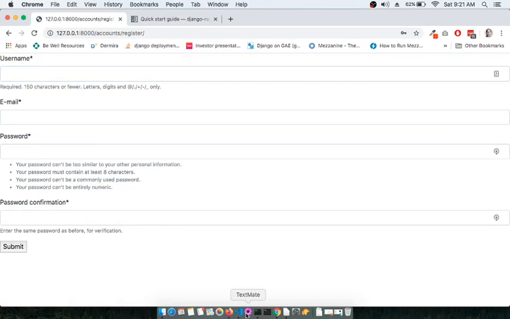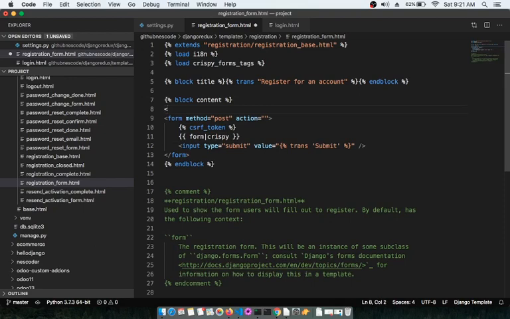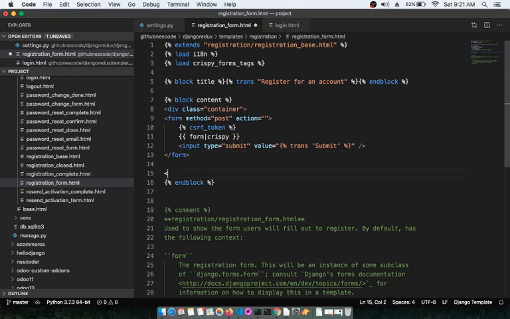Now the next thing that we are going to do in this particular session is, currently you see the forms are coming from the left to right. We need to make it a little bit center aligned. So what we need to do here is put it inside a container. So let's say we write div class container, and then you close the container,